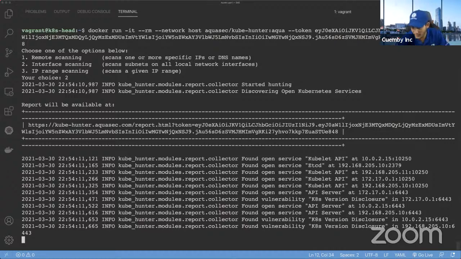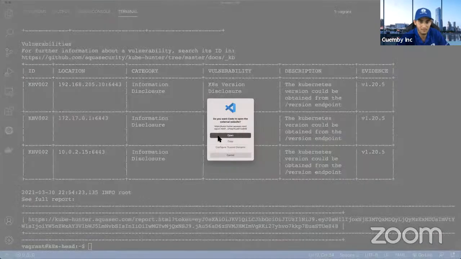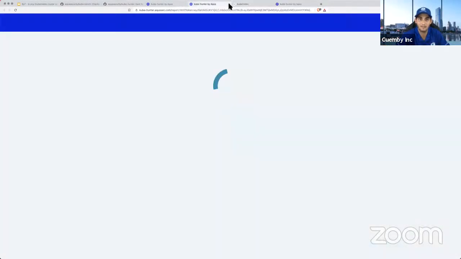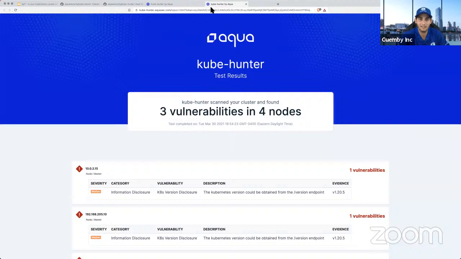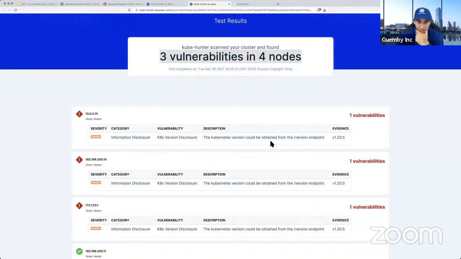Oh, wow. All right. Interesting. It's telling me already, yeah, let's just go to the report. There you go. This is the report. This is nice. Okay, this is pretty cool. They already told me, hey, we found 3 vulnerabilities in 4 nodes, and here is what it is.